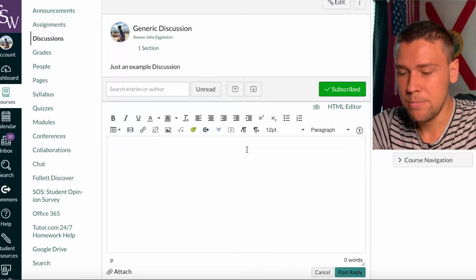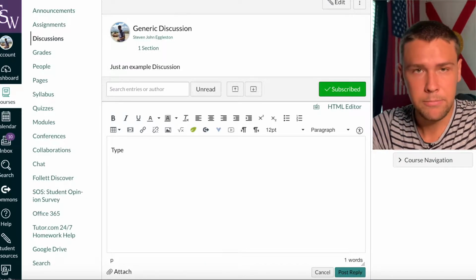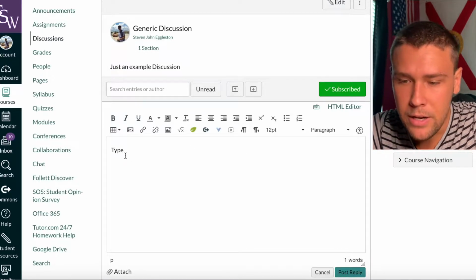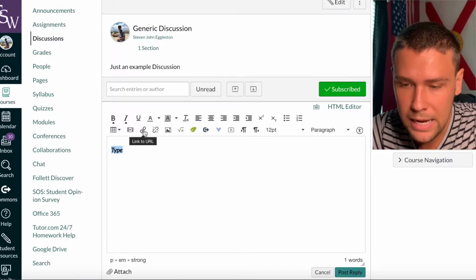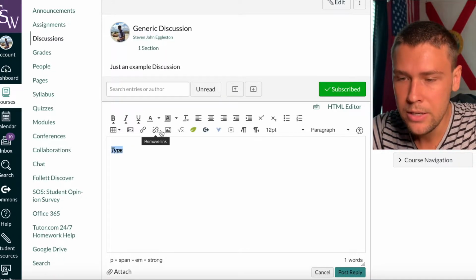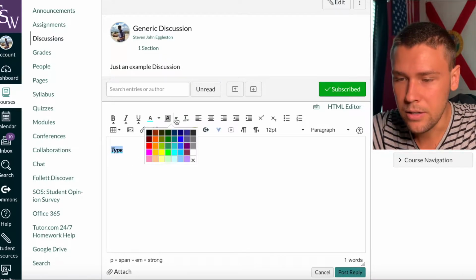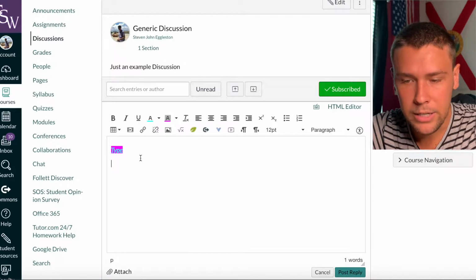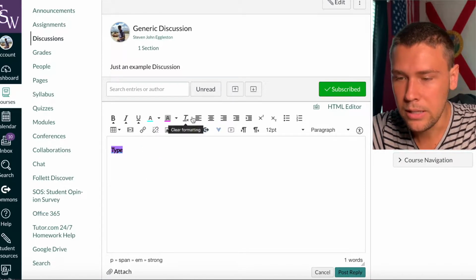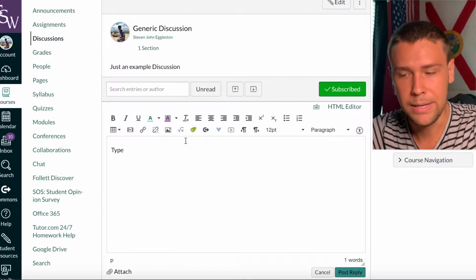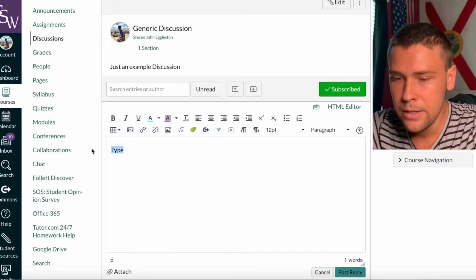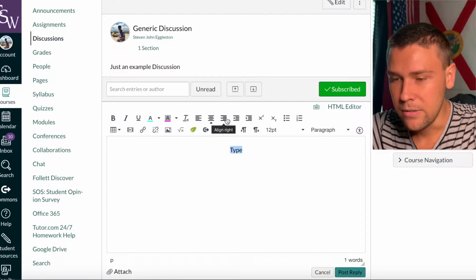Easiest part, click on this white part and you can type, right? Very simple. You have the options to make something bold, italicized, underlined, change the color to whatever color you want, right? You can highlight something a certain color. So let's make this purple highlight, right? So there you go. You can highlight something and remove the formatting, make it basic text. This is all basic stuff, align left, center, right, indents, all that stuff.